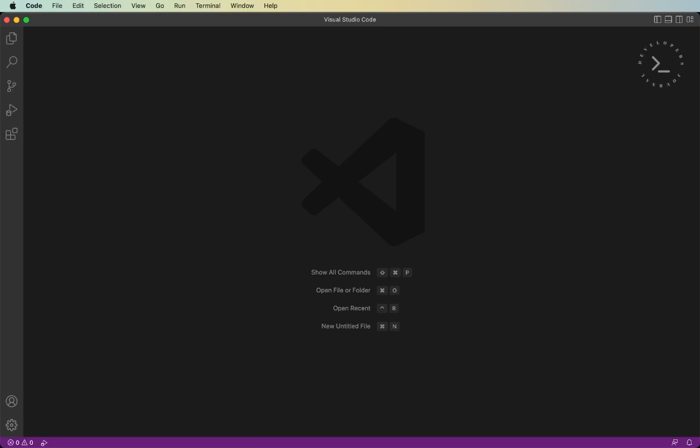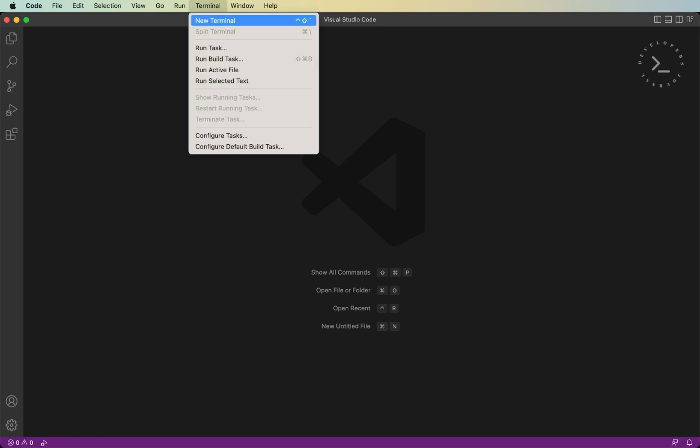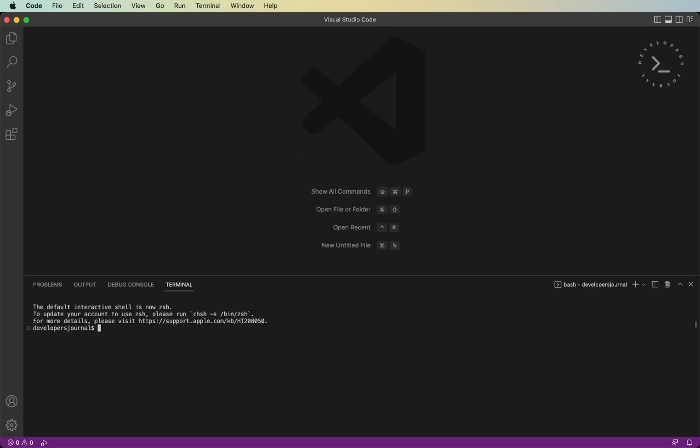I have Visual Studio Code open here. You can also use the native terminal in your operating system. So to start with, we go to the terminal, and then we go new terminal, and then we execute a